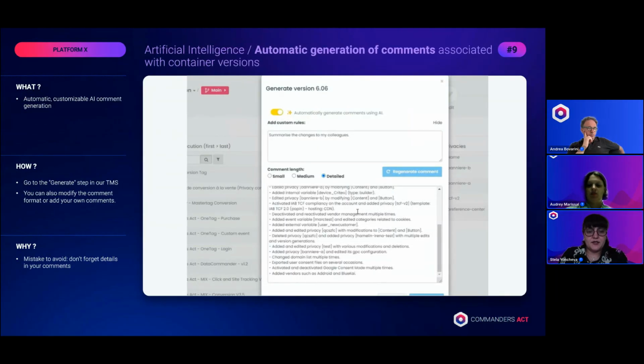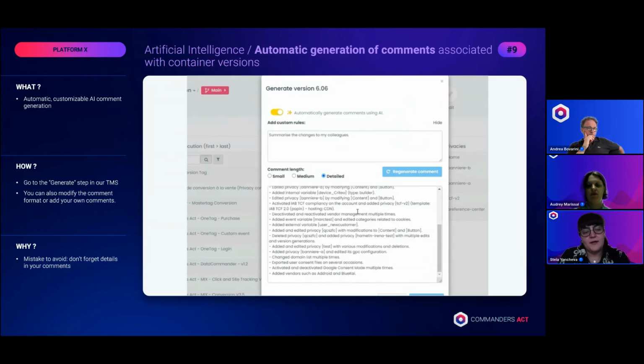The next improvement is rather helpful in our daily lives. It's the automatic generation of comments. You all know that when you generate a version, back in the days, you had to add some comment manually. And often people don't have time or don't have ideas what they want to write. So with this automated generation of comments, we actually tackled this problem.